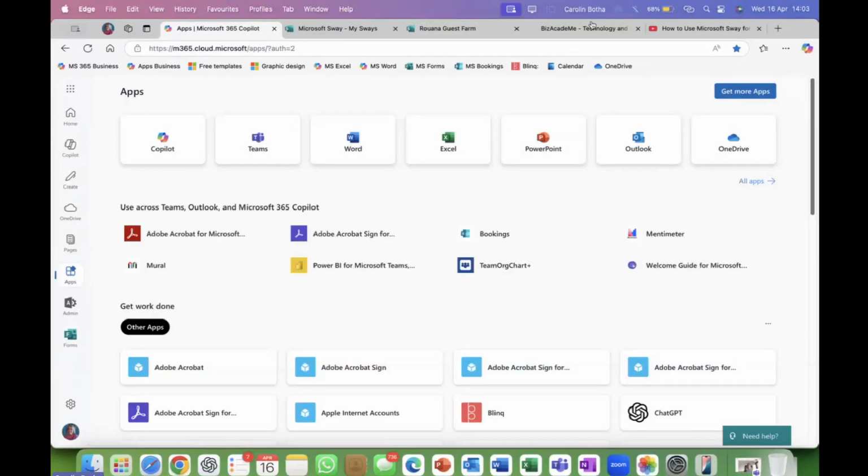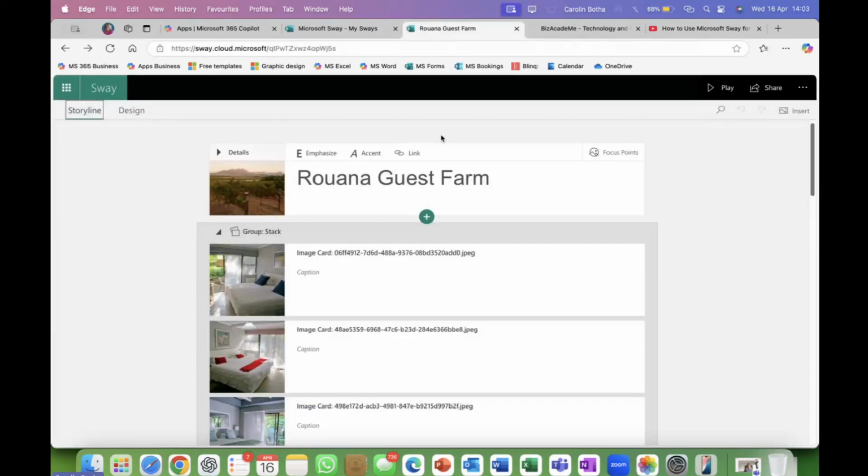Let me just move this out of my way. This is an example of what we call the storyline or the building blocks, what it looks like. There were some building blocks in MailChimp as well, so you will find some similarities. The principle in a way is similar.